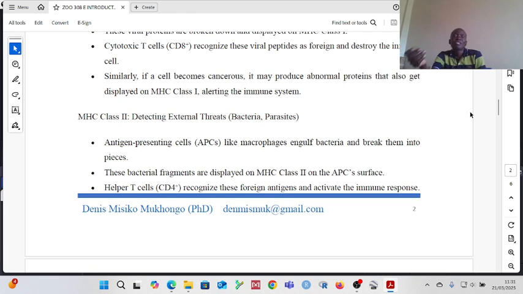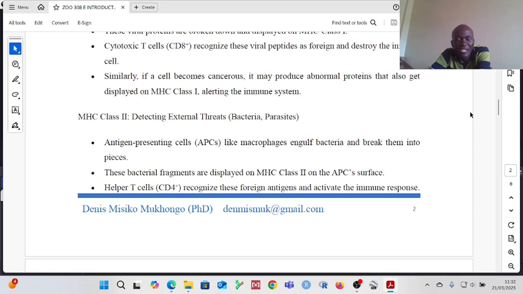Okay? These fragments of the bacteria, broken down after being engulfed by the macrophage, which is part of the antigen-presenting cell, are the ones that will be displayed on the surface of the APC. What displays the fragments of the bacteria or pathogen on the surface of the APC are the MHC class 2